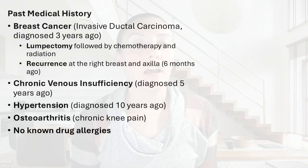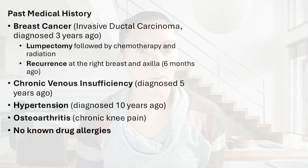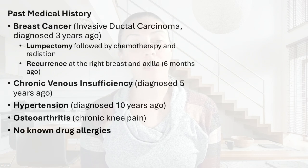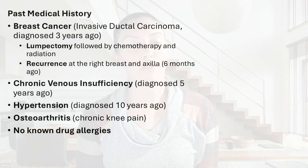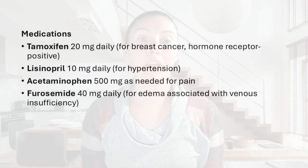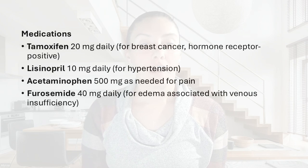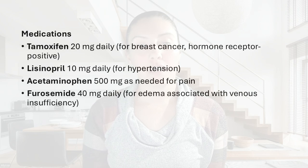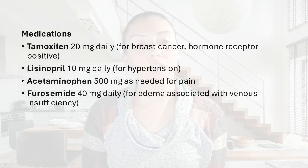of the cancer. So her past medical history, so once again, she did have the breast cancer and that was diagnosed 3 years ago. She does have chronic venous insufficiency, hypertension, osteoarthritis, and she does not have any known drug allergies. And so she is on medication for her cancer, hypertension. She takes acetaminophen for pain, and she is on furosemide for the venous insufficiency, so for the edema that's in